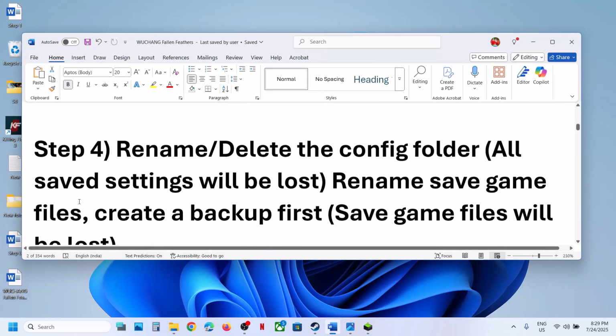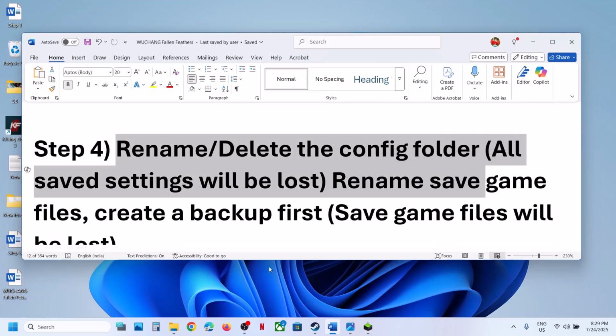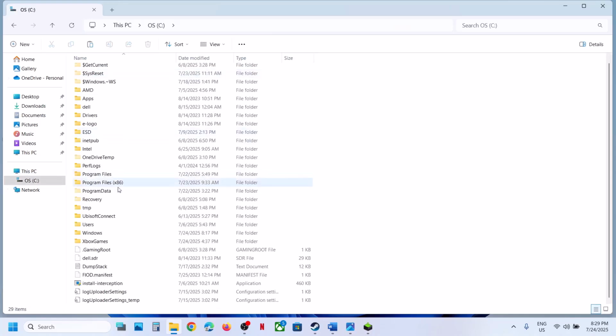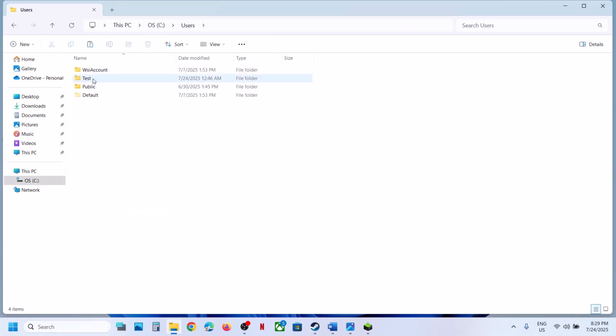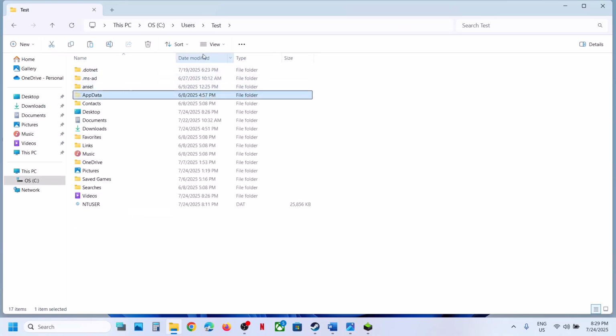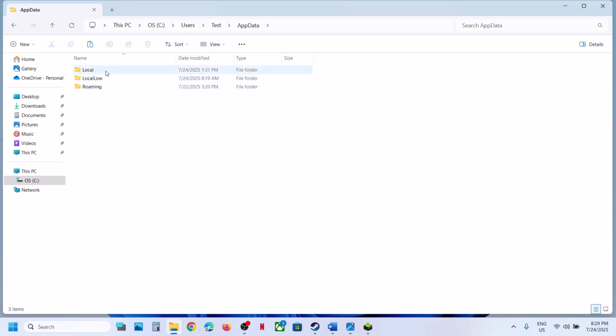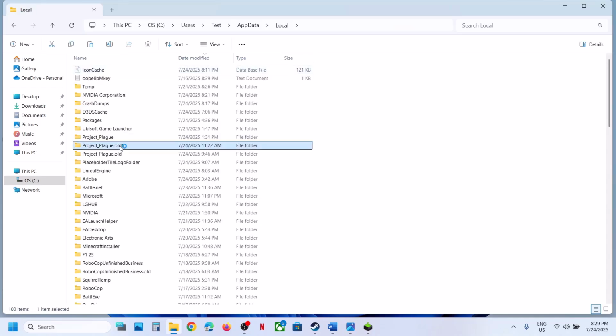Now the next step is to rename or delete the config folder. For this, you can go to File Explorer and then go to this PC, open C drive. Now open users folder, open your username folder, open app data folder. If you don't see app data at the top, click on view, select show, put a check on hidden items and then open app data folder, open the local folder, find Nightfall folder,